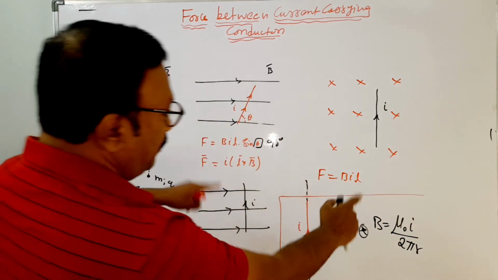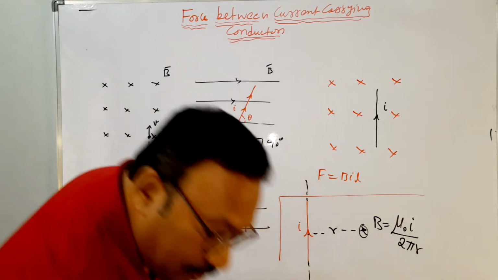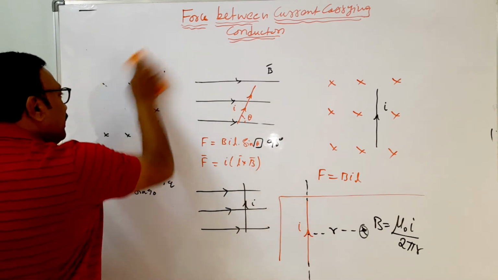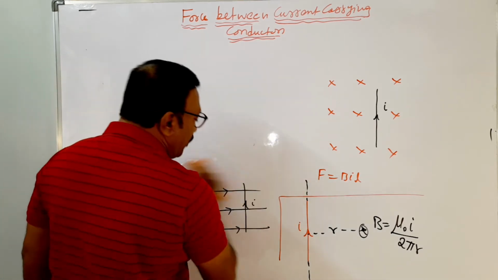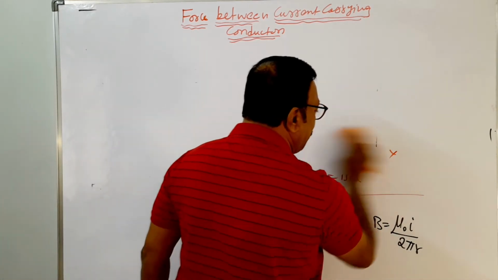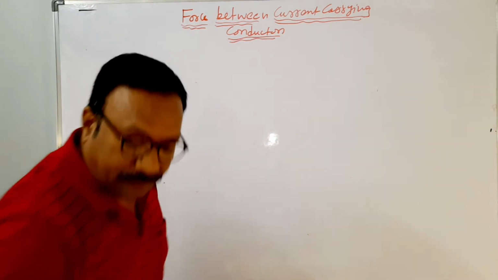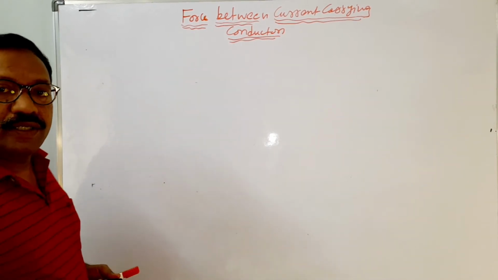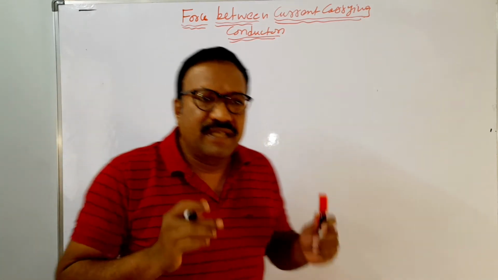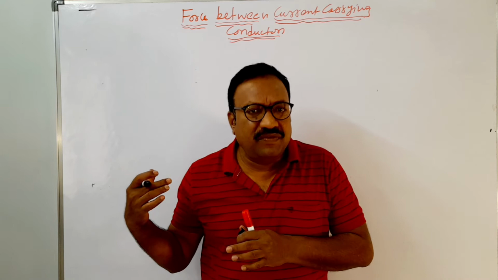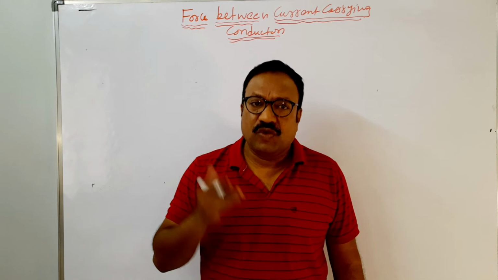So these formulas, this one and this one, we are going to use in this derivation of the force between the current carrying conductors. Knowing this information which you have already learned, but I just revised because we are going to apply this here. So let me take two current carrying conductors. I will be taking two infinitely long current carrying conductors, and then we calculate force. Force per unit length we will calculate.